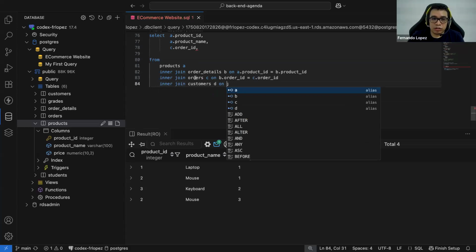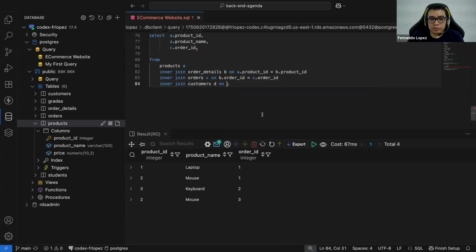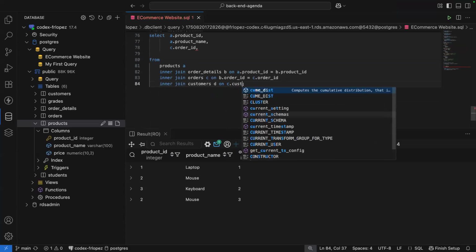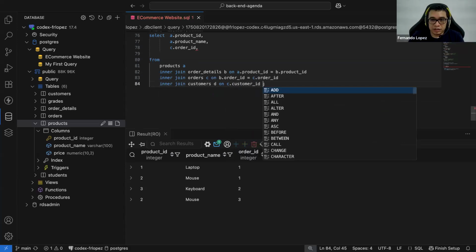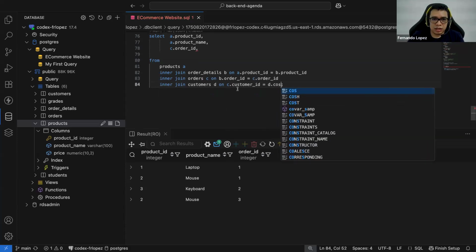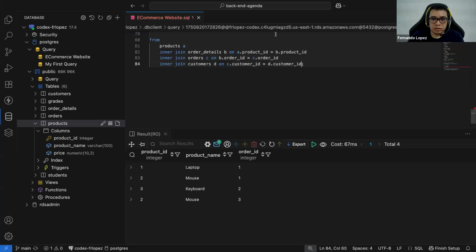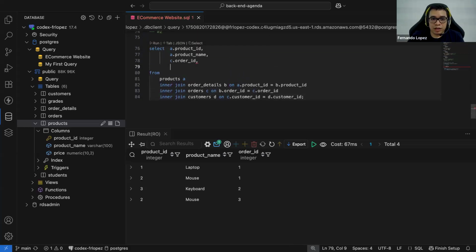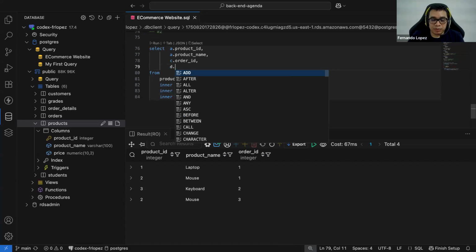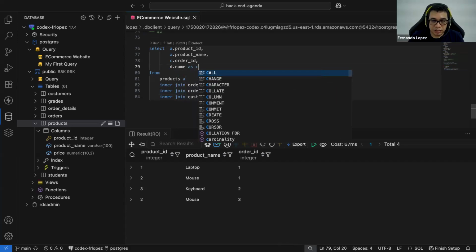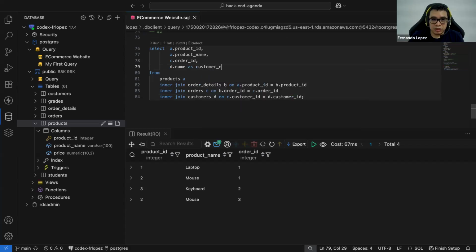I mean, the orders contains the customer ID, right? C dot customer ID is equal to D dot, I don't remember. Yeah, it's customer ID as well too. And now here from the D table, we're going to bring the name and we're going to rename this as customer name. Does this make sense?